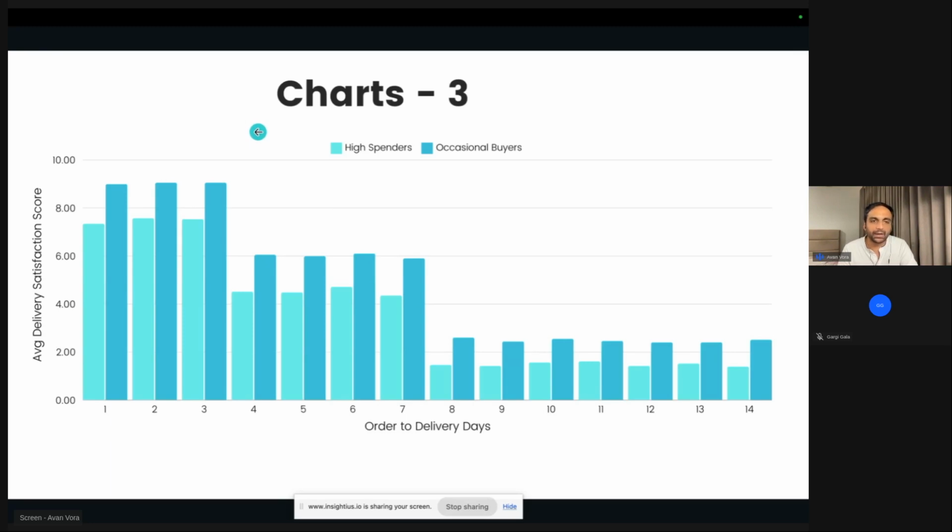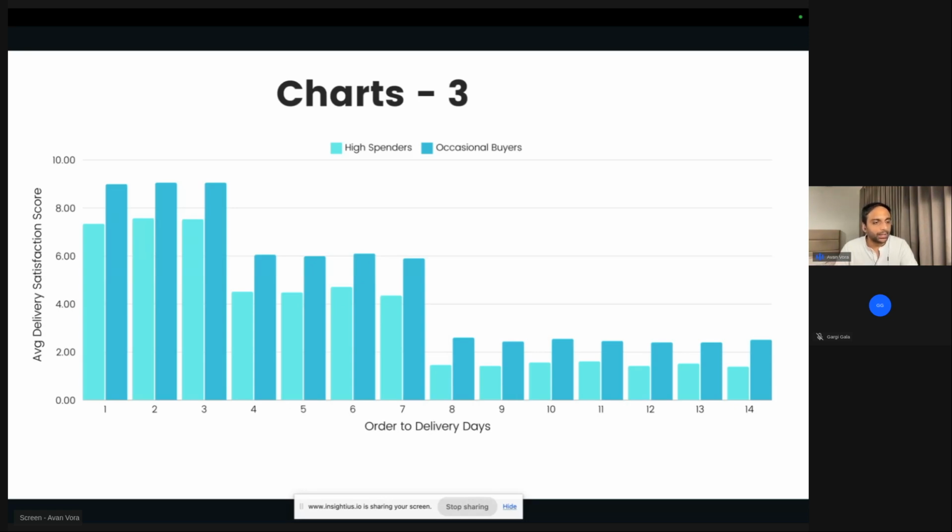High spenders might expect faster delivery because you are a high spender, right? For example, a person who is spending money on an iPhone versus a person who is spending money on, let's say, Xiaomi or some lower budget brand, no offense to any brand. The person spending money on an iPhone expects the delivery to be done in 1 day or 2 days, right? Anything more than that, they're going to be upset. A budget guy doesn't really care. Okay, 3 days, 4 days. High spenders have higher expectations.